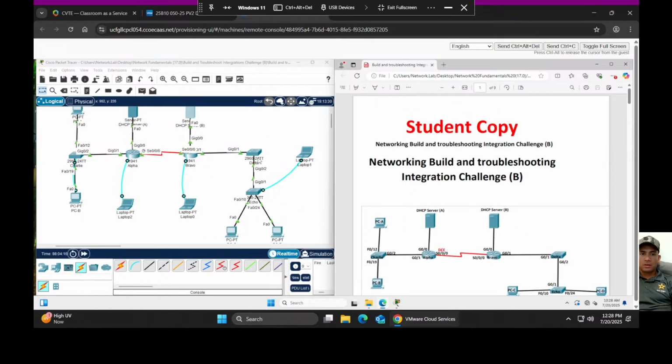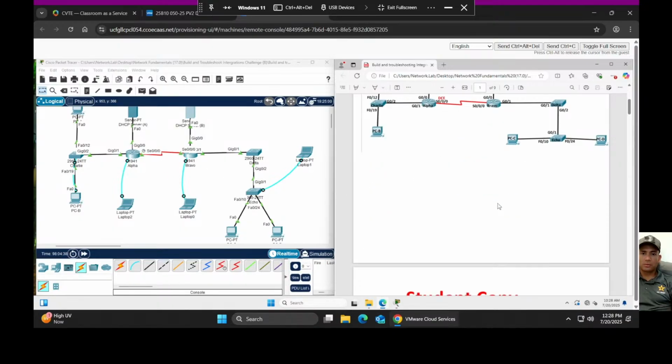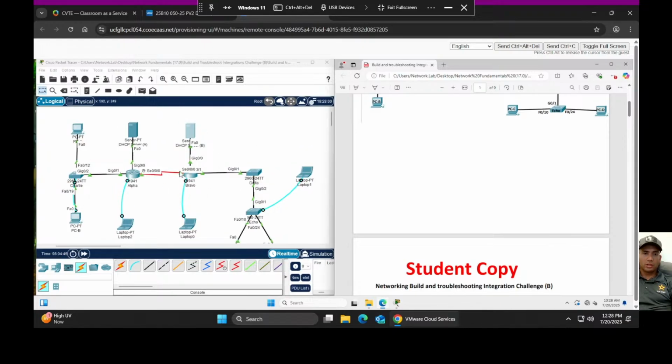First off, a lot of what I've already done here is already configured. We're mainly going to be doing this other half, and it's mainly for the sake of time, because I realized last time it was a little bit of a longer video, and we're going to really focus on trying to knock this out. So first off, whenever you are connecting to a DHCP server, you're going to have to go